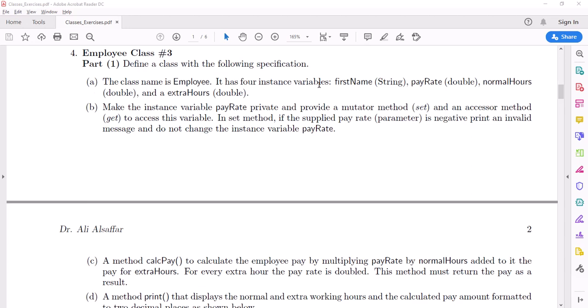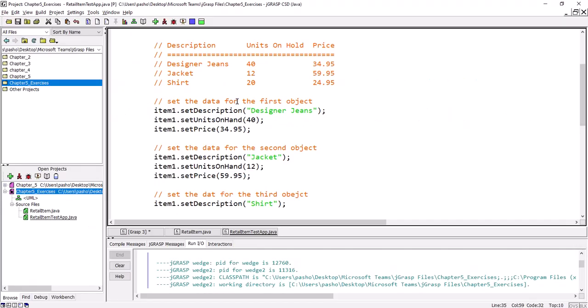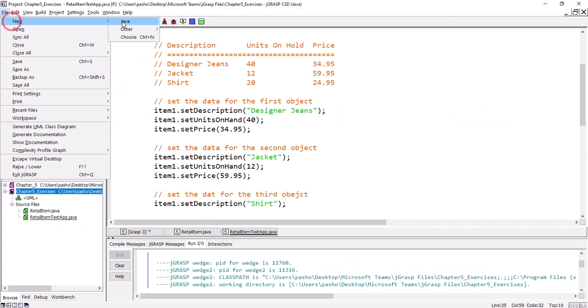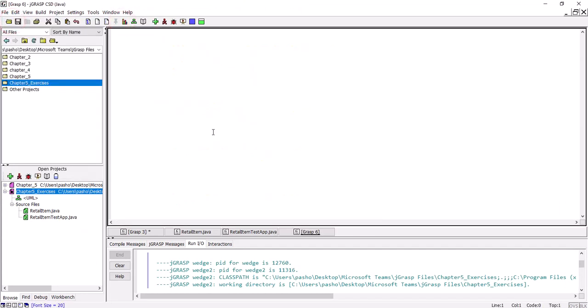It has 4 instance variables. First name, which is a string, pay rate, which is double, normal hours, which is double, and extra hours, which is double. Let us do this part first, and then we will come back and continue. We will create a new file, and we will define our class, public class employee,